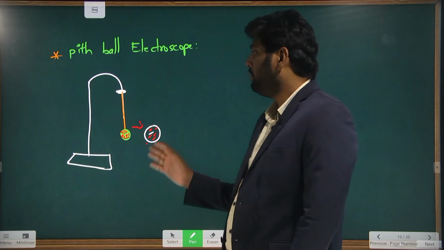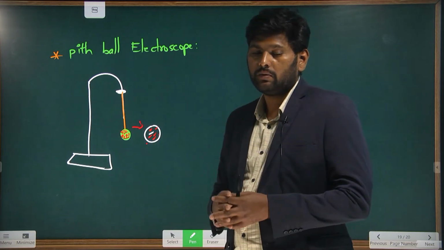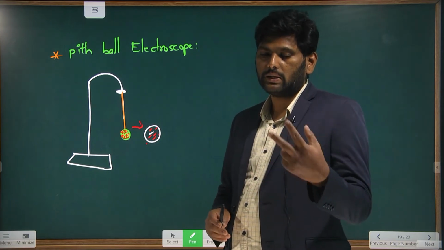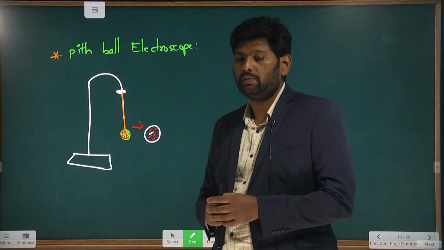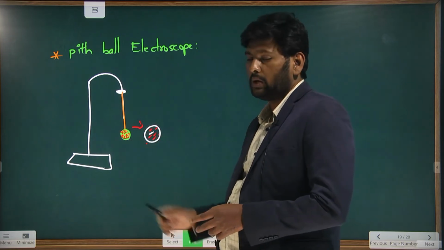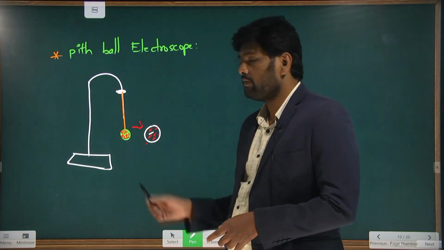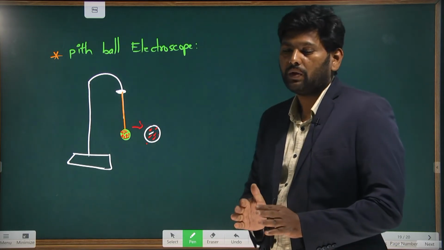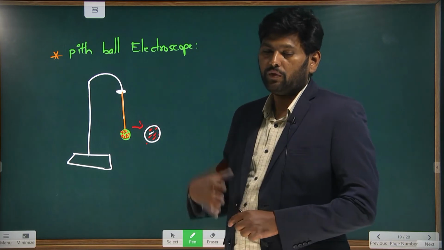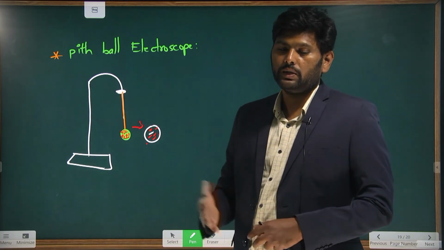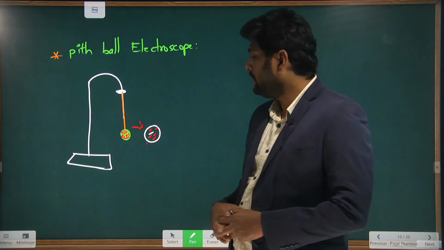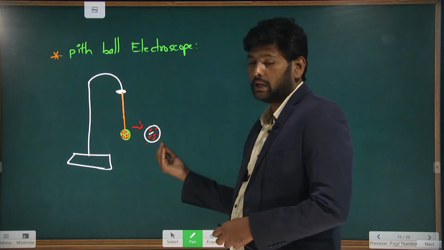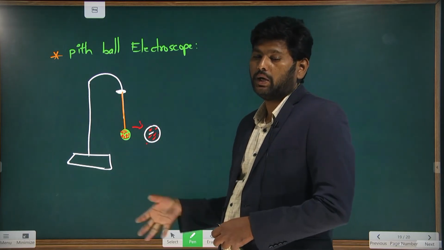Because when two unlike charges are present, attraction takes place. So the pith ball already has a positive charge, and the second one obviously has to be negative. That way we can find a charged body. If there is no deflection, we can come to know that it is an uncharged body. If deflection happens and the ball is attracted, moving towards that object, it indicates a negative charge.